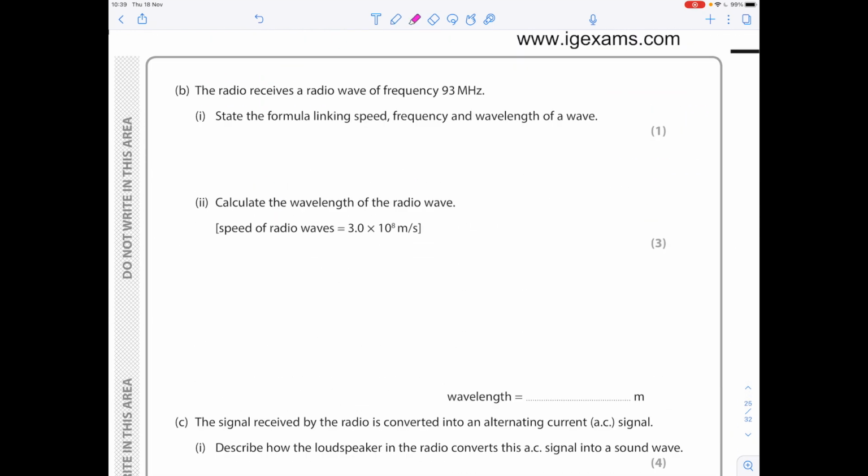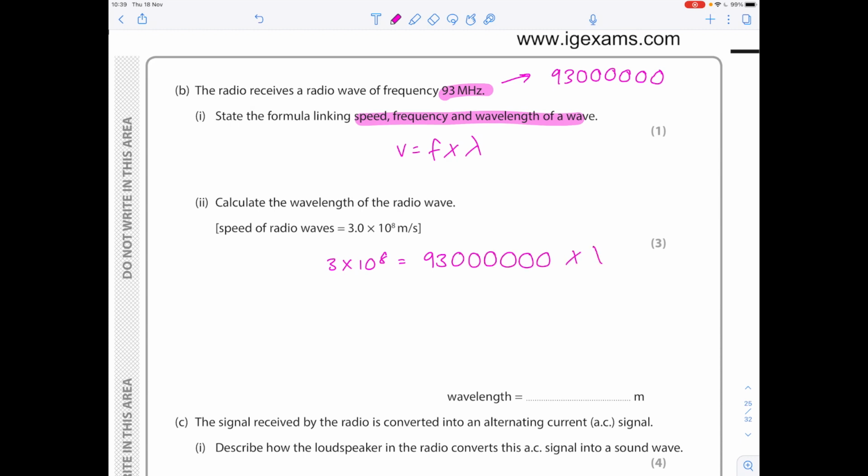The radio receives a radio frequency of 93 megahertz. State the formula linking speed, frequency and wavelength of a wave. Cool, we just did that. Calculate the wavelength of the radio wave. So we know the speed is 3 times 10 to the 8 equals the frequency, which is 93. We need to convert this number to hertz by adding 6 zeros. Times what we're looking for, which is the wavelength. So do 3 times 10 to the 8 divided by that massive number to get 3.23